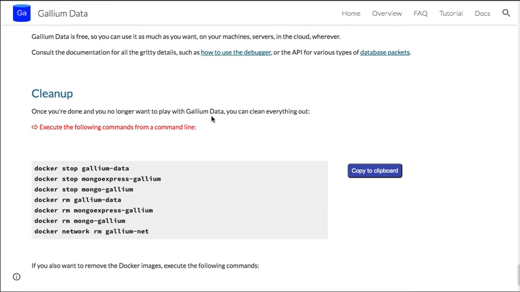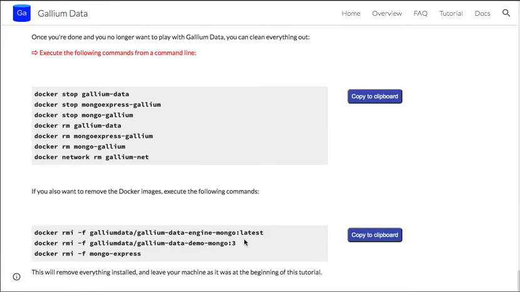And once you're done, you can just remove everything by running these commands here, and it'll clean out your machine and take out everything that's been